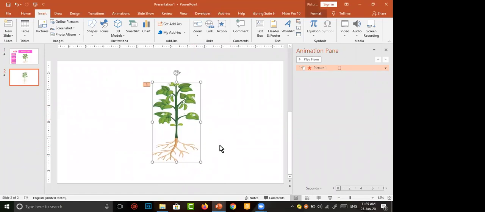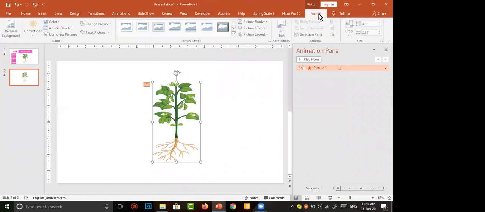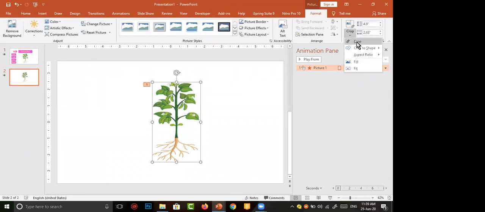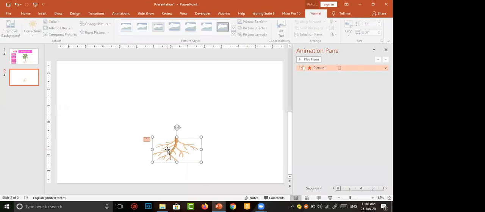I want this root alone. After selecting this picture, I move to Format, select Crop, and crop up to the root. This is also a way to have a root.